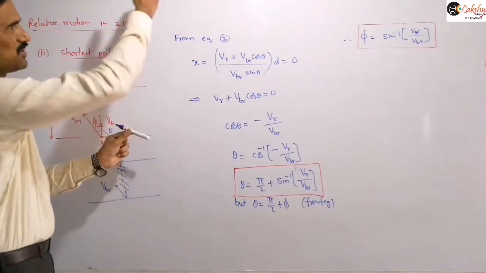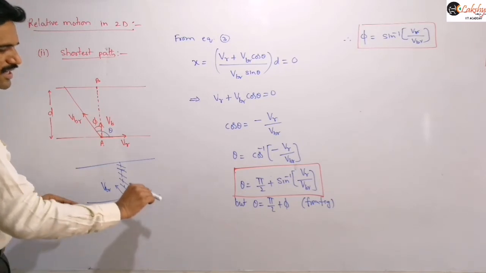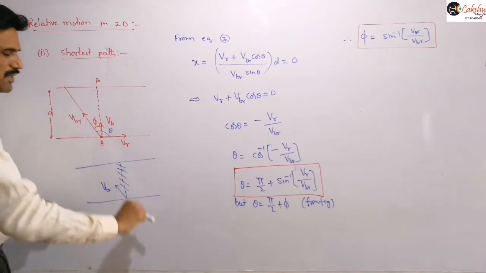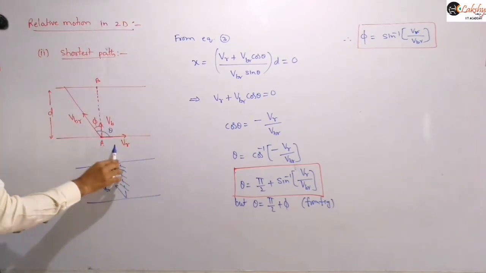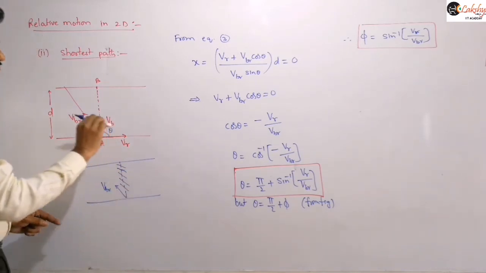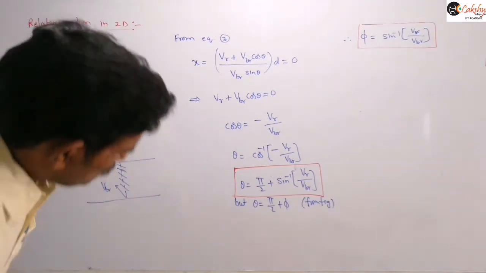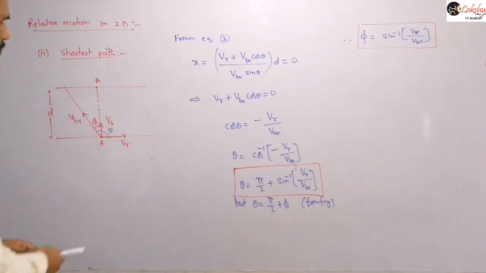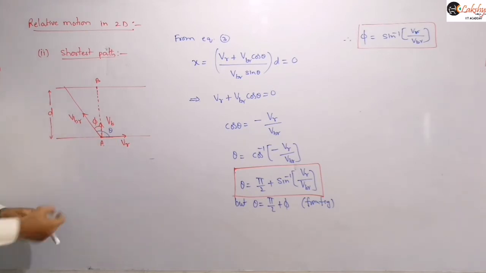If it is crossing from this end to this end, it is heading like this to reach the opposite point. The direction of the boat is like this only, but it will travel along this direction here. It will follow this straight line path like this. The orientation or heading of the boat will be like this, and it is traveling so that it reaches this directly opposite point. When it reaches the directly opposite point, we conclude that VB must be along this direction. So VBR must be along this direction and VR should be along this direction.